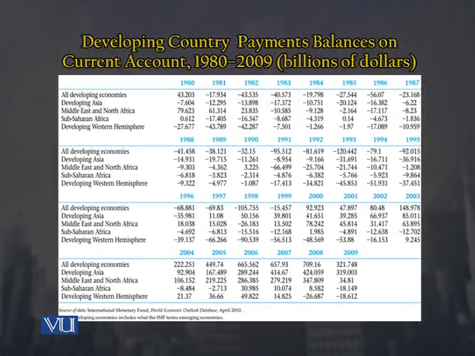So if you will look at this, just skim through the different values in the table which you are seeing right now on the screen, आपको देखने को मिल रहा है कि particularly when we begin with 1980, तो शुरू में आपको for all the developing economies deficit में value नहीं देखने को मिल रही है, आपको surplus में देखने को मिल रही है value for 1980, but as long as you move down, अगर आप all developing countries के नीचे जाएंगे, developing Asia, Middle East and North Africa, sub-Saharan Africa, developing Western Hemisphere की values को देखेंगे तो